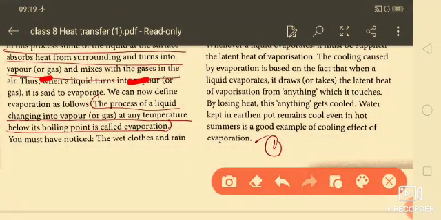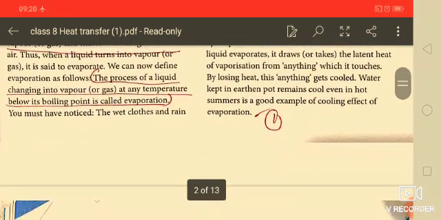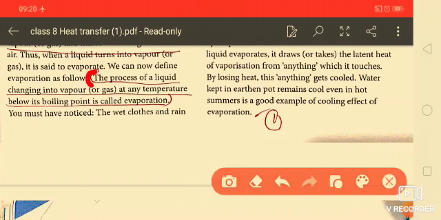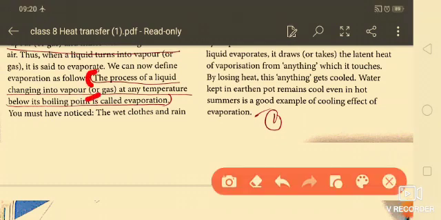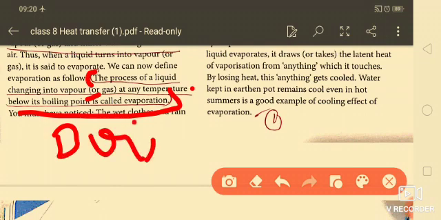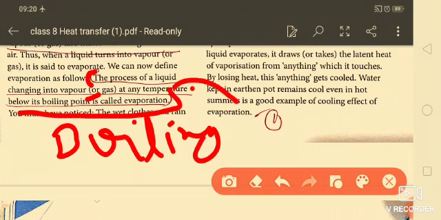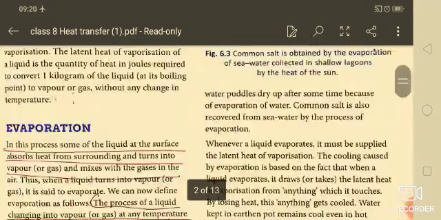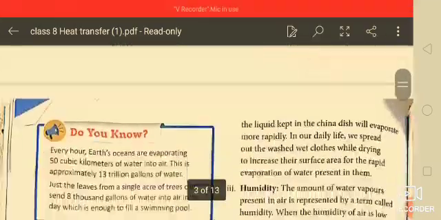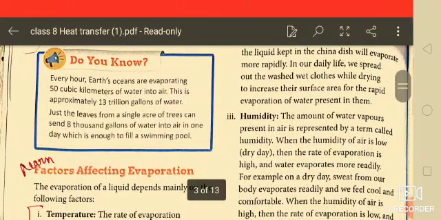Okay. Now thus when a liquid turns into vapor, it is said to evaporate. So the process of a liquid changing into vapor or gas at any temperature below its boiling point is evaporation. That means the boiling point is a fixed point at which it will start to change into gaseous form, but evaporation may take place below the boiling point. Okay. This is the difference between evaporation and boiling point. Students,